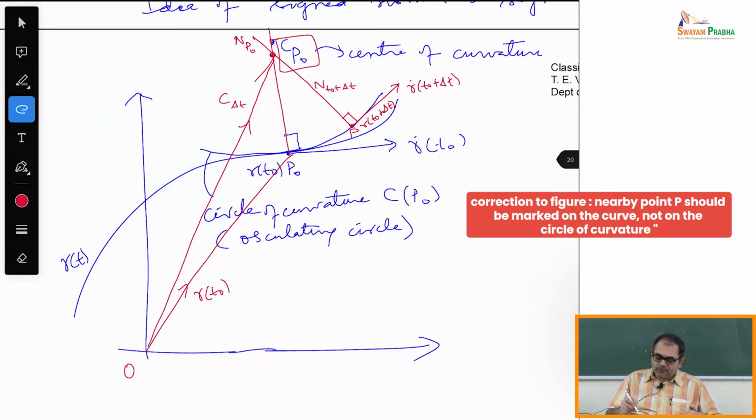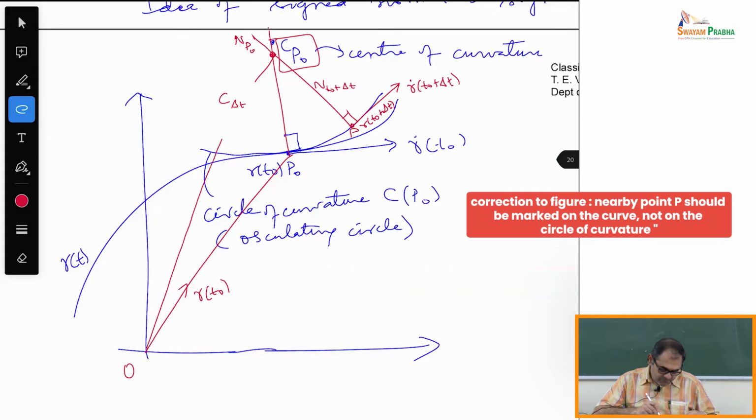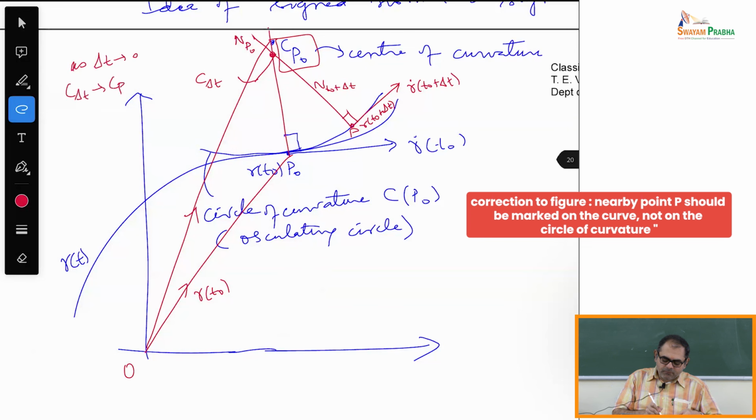Let me get rid of that. So I want the other one. So I have to join it to C P naught, not to C delta T. So I have to join it to this. It's somewhat messy. So let me make it a little bit better. So this guy is C delta T. So let me write as delta T goes to 0, C delta T goes to C P naught. So I'm interested in this vector O